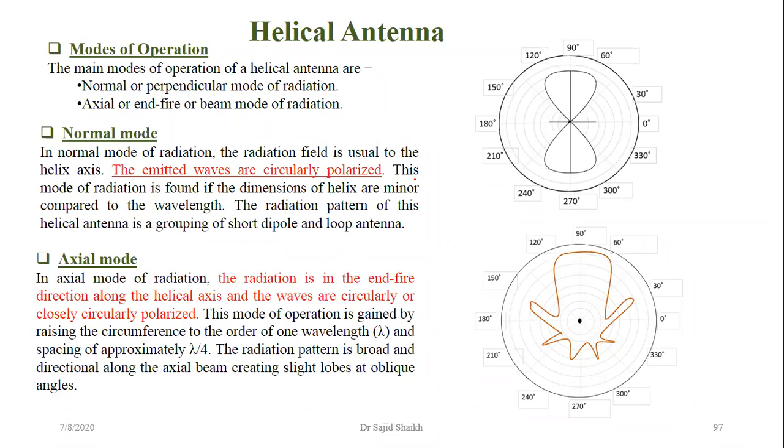When we are talking about the helical antenna, it has two modes, the normal mode and the axial mode. Here you can observe that this is nothing but the radiation pattern of the antenna. So what does radiation pattern mean? It is very simple. Okay, if you understand this in an easy way, it is very simple.